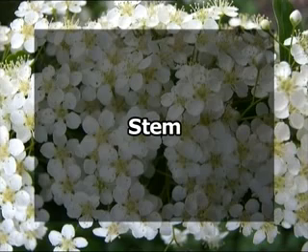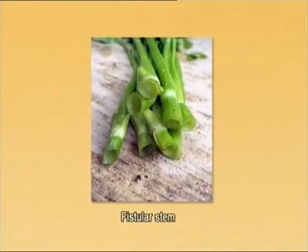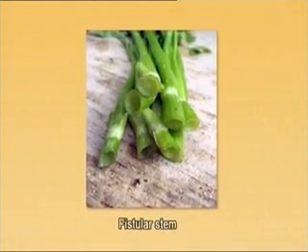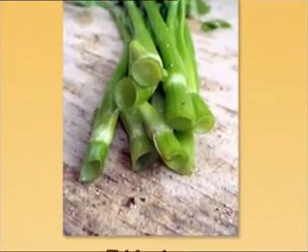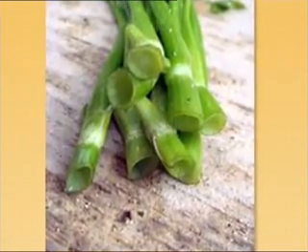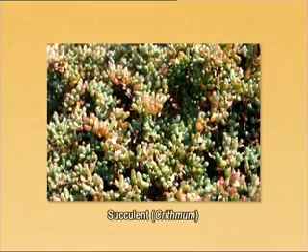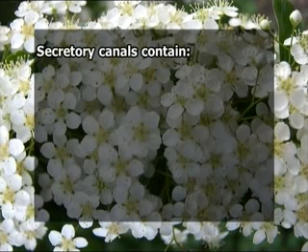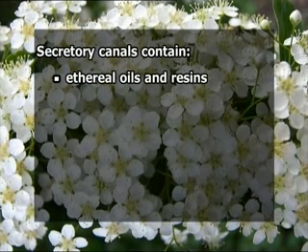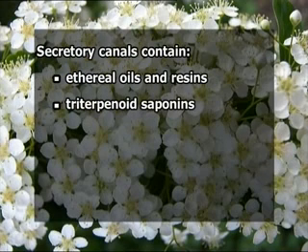Now let us discuss the stem. The stem in the Apiaceae is usually fistular, that means hollow, because the internodal regions in this stem are often hollow. These stems are occasionally succulent, as we see in Crithmum. These stems are also associated with secretory canals which contain ethereal oils and resins. Also, they contain triterpenoid saponins,